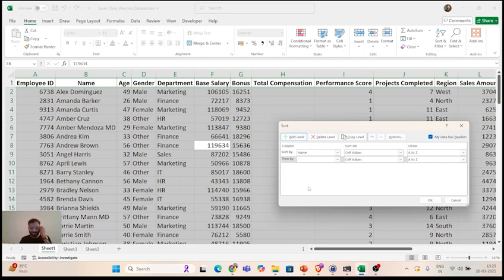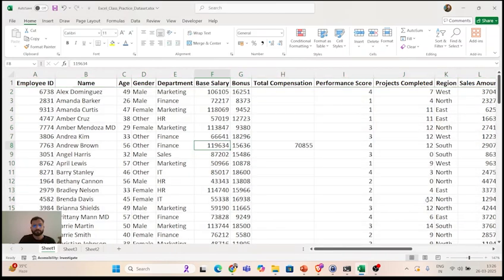Then by, so let's say multiple students, multiple employees have the same name. Then which column do you want to prioritize for sorting? Let's say then I want to prioritize age maybe. Okay, then cell values again, smallest to largest or largest to smallest. So if two people have the same name, the one who is older should come above. Correct? Then again I can add one more column or maybe multiple columns. Then by, let's say if two persons have the same name and the same age, then I want to prioritize, let's say, the bonus column, smallest to largest. Okay. So now this data is sorted in that manner.